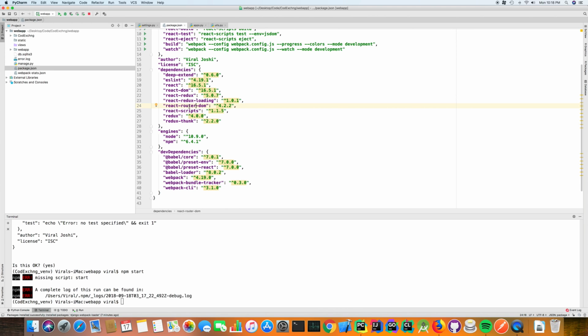And I have had this problem mostly with Google Chrome, and also a couple times with the Safari browser. So I'm not sure if we are going to use React DOM or not, but let's just keep it here. The other thing, if you guys don't know what this caret sign means here, is basically I'm telling